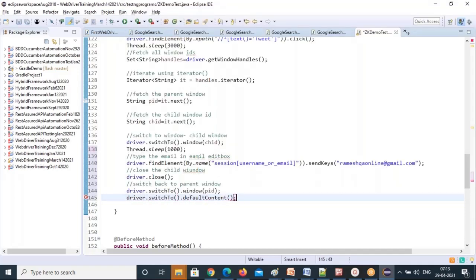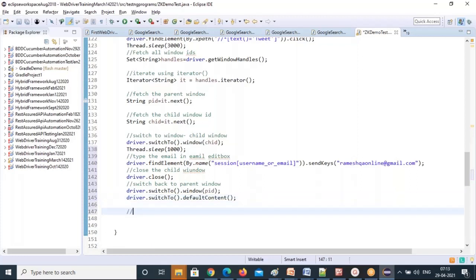Default content, you can call this method also. If this alone is not working, you can call this. It will bring back the cursor to parent window. Okay, this you can also use in the frames. Even you can use in the windows also. Okay, so I brought it.